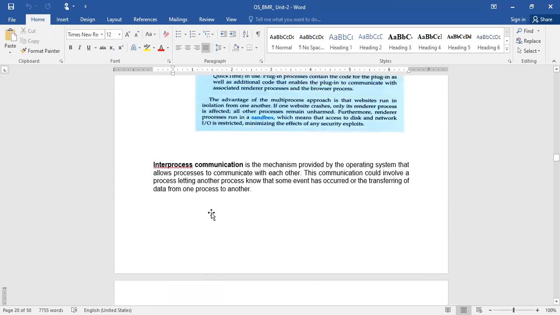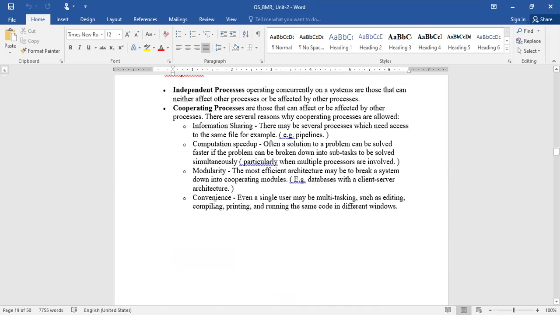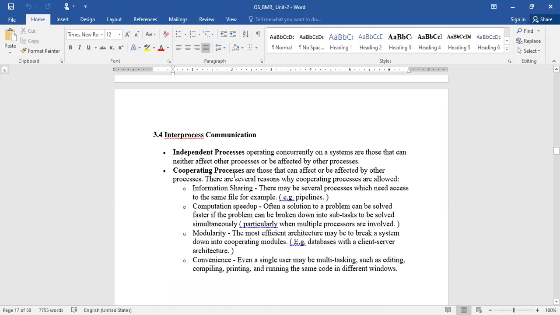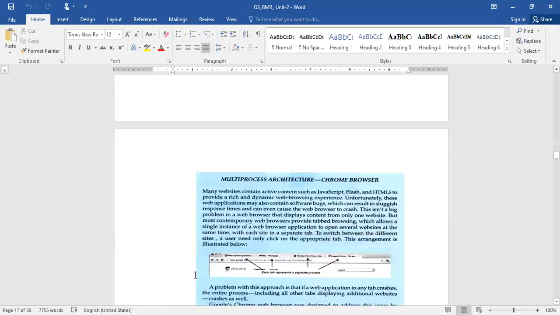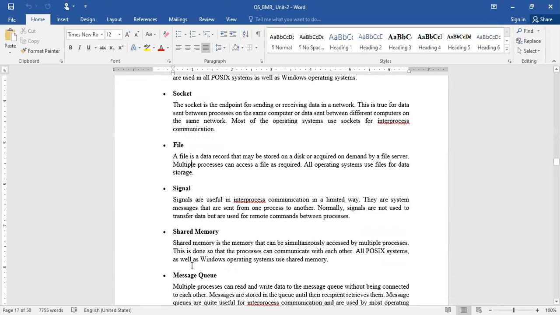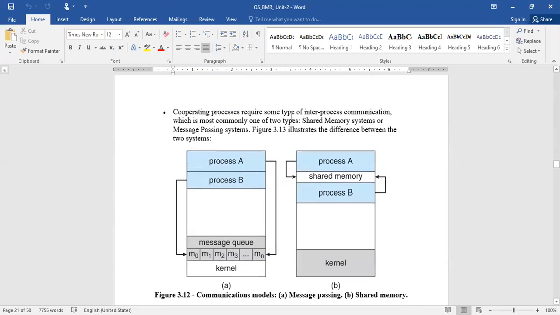If it is an independent process, you need not, because the process straight away continues its execution and won't disturb any other process. But in a cooperating process, it needs to share information with the other processes. So that is the reason cooperating processes require this kind of